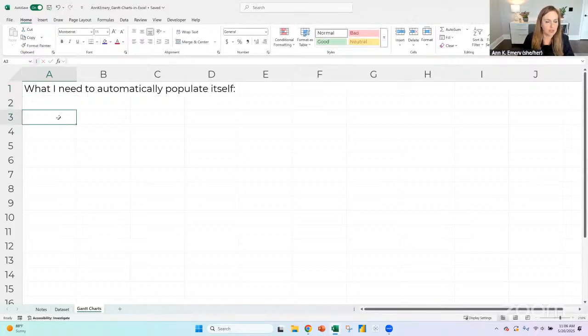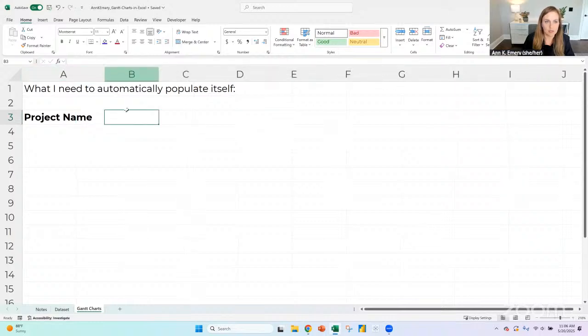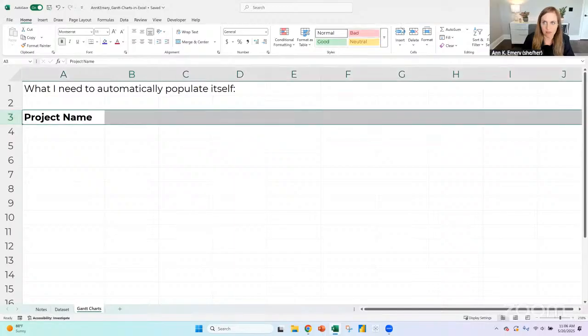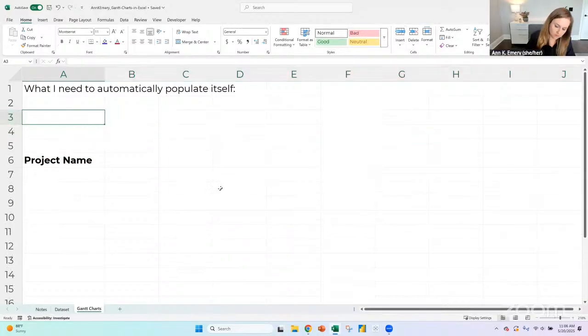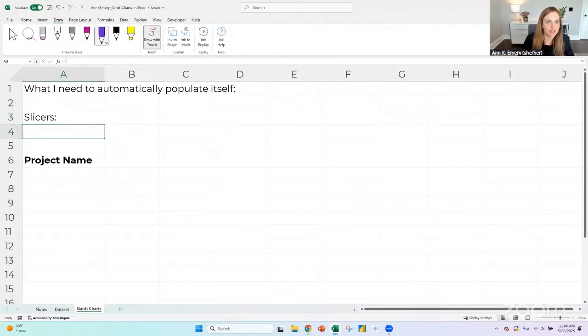Okay, let's make it. It's going to be the project name, and it's going to be one tiny column per month. Imagine a slicer right here. We would do by category and